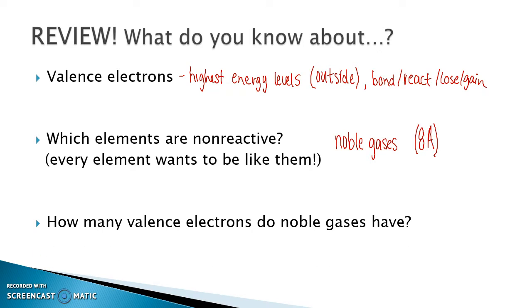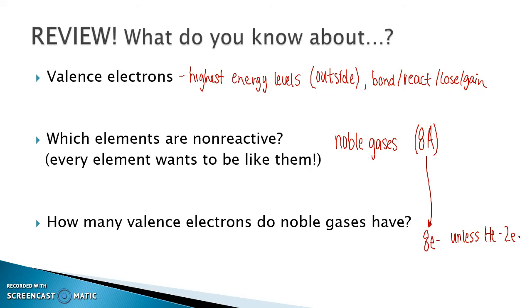All right. Last for this part, how many valence electrons do noble gases have? Hope I already answered that for you. So again, based on their group, most of them have 8 valence electrons, unless you're helium. All right, and then helium only has 2 electrons. All right, so again, this is all just kind of reviewing, so hopefully you already knew all this before I